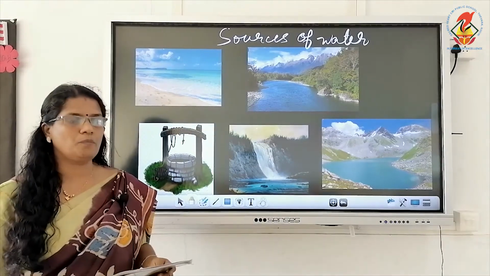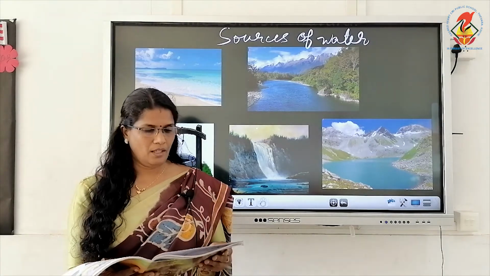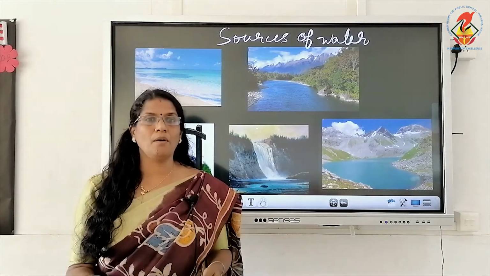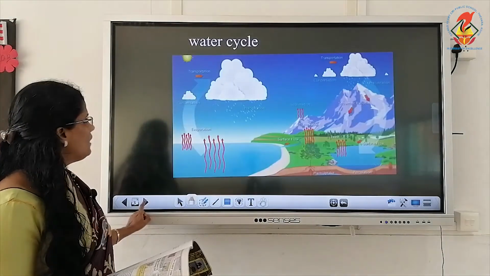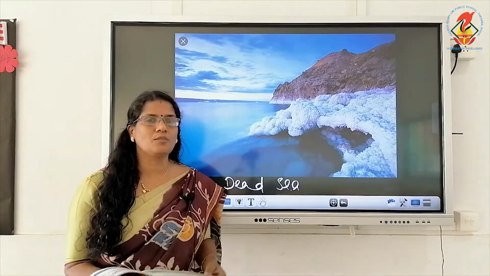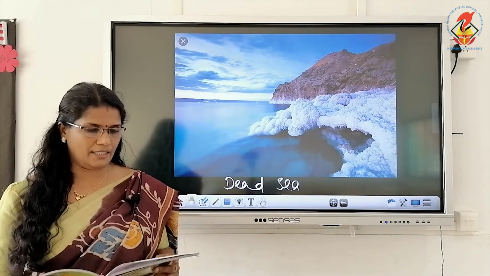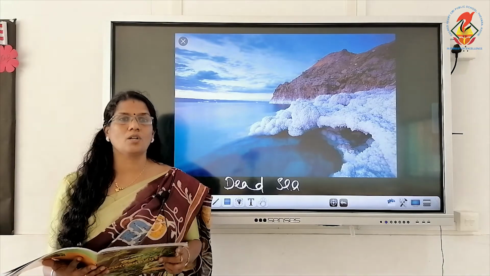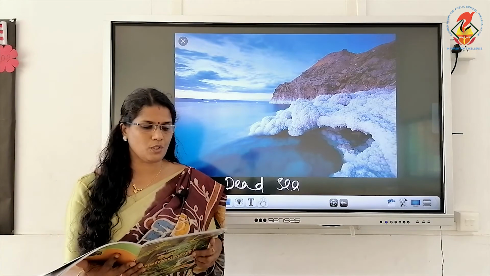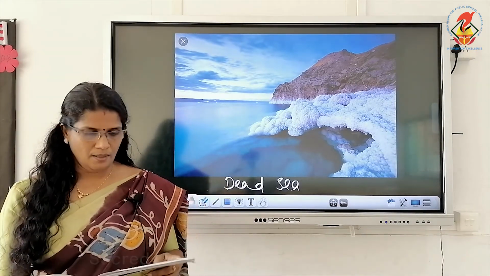Now I will show you one more picture. The Dead Sea in Israel has a salinity of 45 parts per thousand. Swimmers can float in it because it has a high amount of salt content. Density is very high. So this is the picture of the Dead Sea. Now salinity, also underline what it means. Salinity is the amount of salt in grams present in 1000 grams of water. The average salinity of the ocean is 35 parts per thousand. Please underline this.